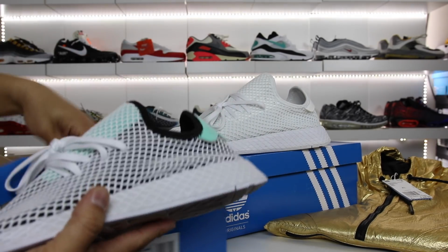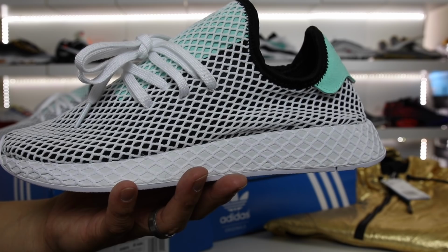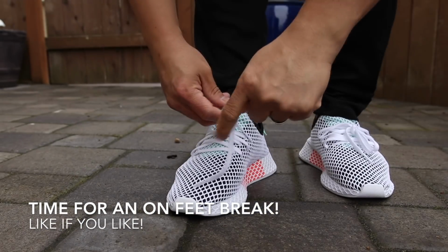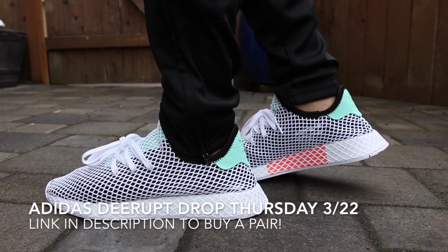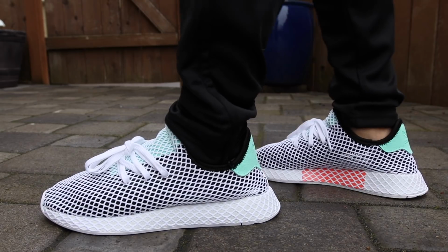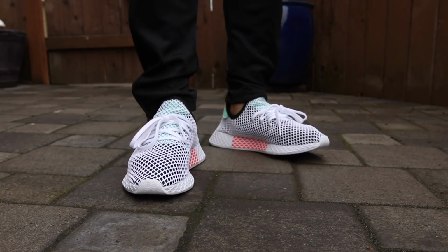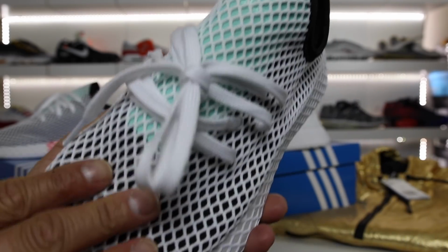This is the other colorway they sent, which I think that this one is fire. I like this one a lot. So this one has a black upper with that white Deerupt sort of vibe to it. And if you didn't know, it's basically inspired by the grid, which is a fundamental aspect to the design theory. But all in all, it's a pretty simple looking upper, but it looks really complex because of the crazy netting